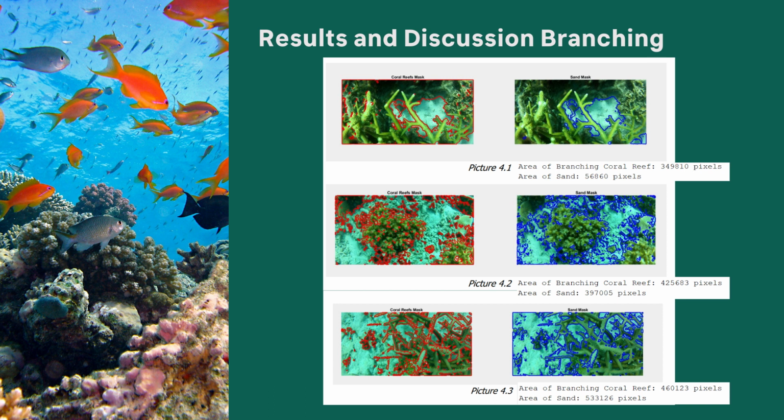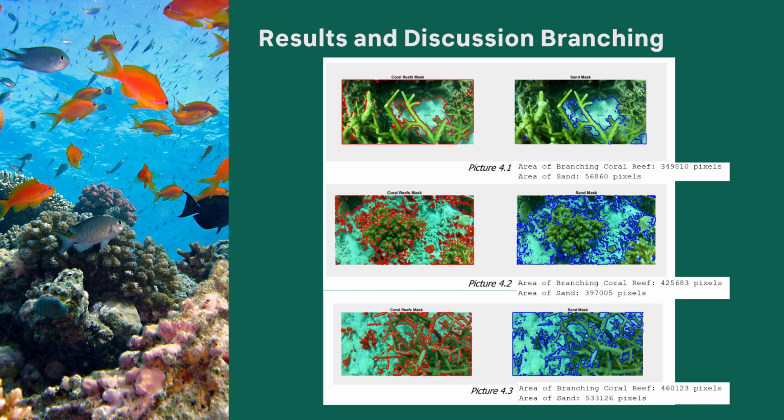Hi sir, I am Arun Mugilan Sargunan and I'm here to explain the result and discussion for branching coral of our project. As you can see, there are three pictures in this slide. The red part of the slide covers the coral part of the picture. Meanwhile, the blue part covers the sand part of the picture. For picture 4.1, the area of branching coral reef is 349,810 pixels. The area of the sand is